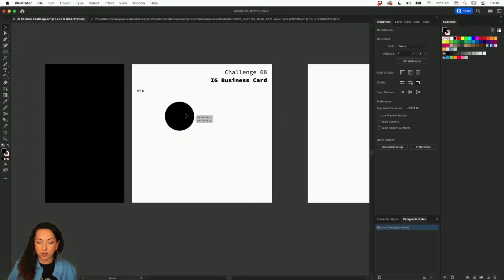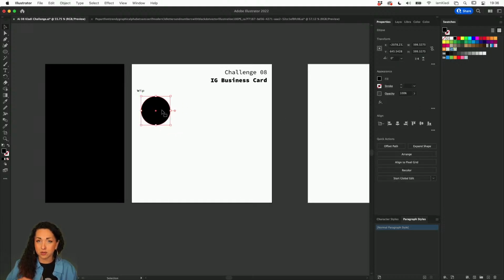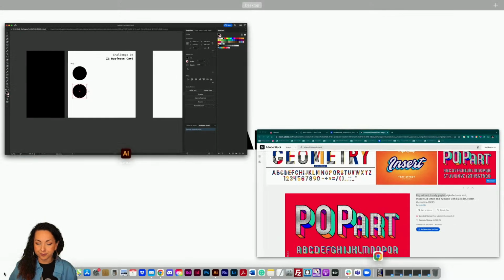So the first thing that I'm going to use this circle for is to mask my image. And then I'm going to go ahead and create a copy, because I'm going to use that for creating that specific ring that we have